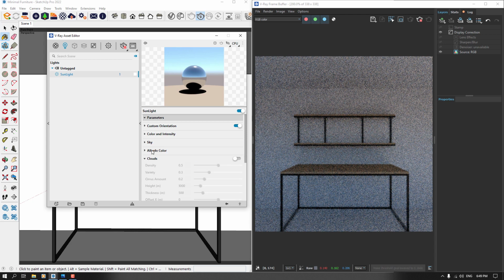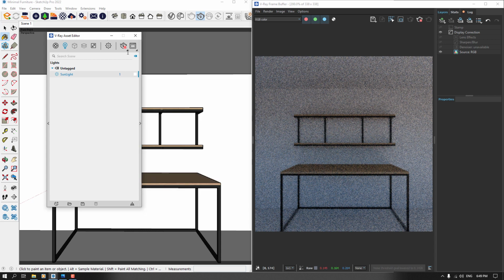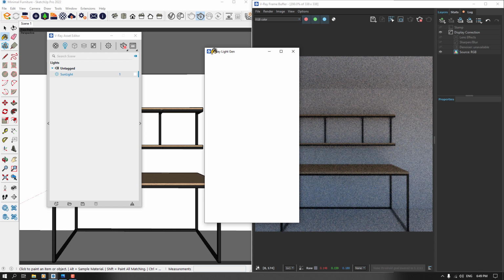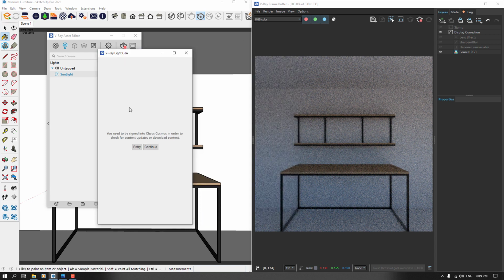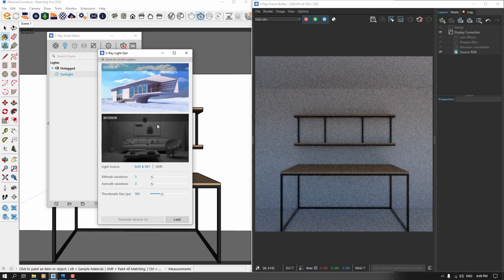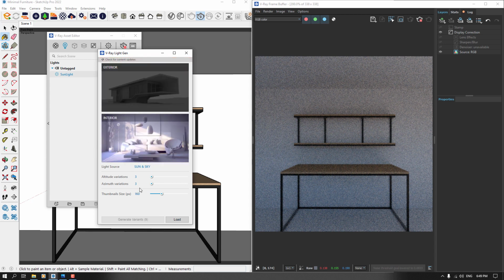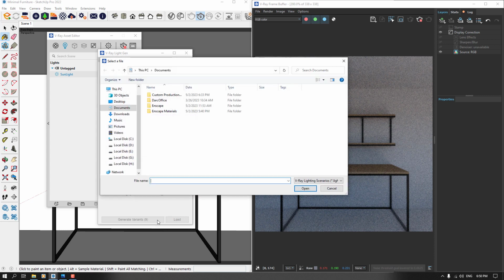So Vray has a new update that can help you improve your time and your management. This item is called Light Gen. So I'm gonna click on it, and after a minute, as you can see, some type of downloading happens, which is not important. So I want some type of interior render with sun and sky, and I want, for example, 3 and 3. I want 9 positions of lighting. So when I click on it, now I'm gonna load it